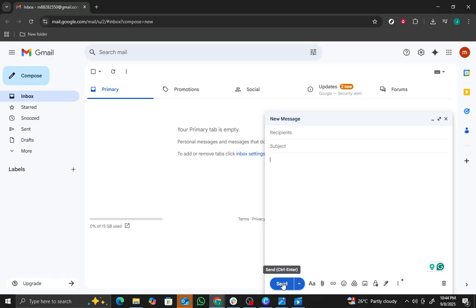And there you have it, you've successfully sent an email using Gmail. It's a straightforward process, but taking the time to ensure accuracy can save you from potential miscommunications. I hope this guide has been helpful and encourages you to handle your email tasks